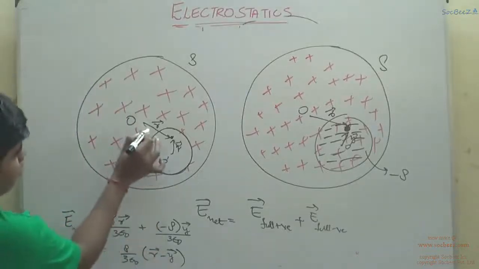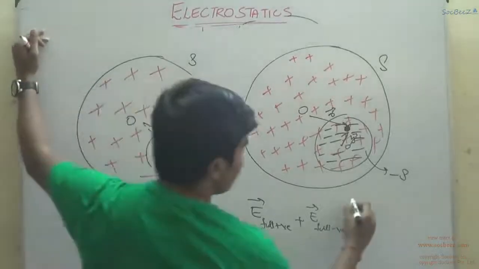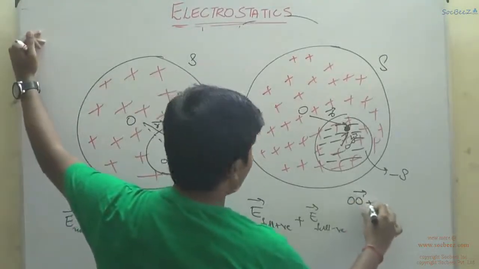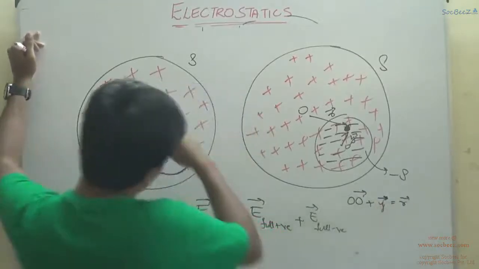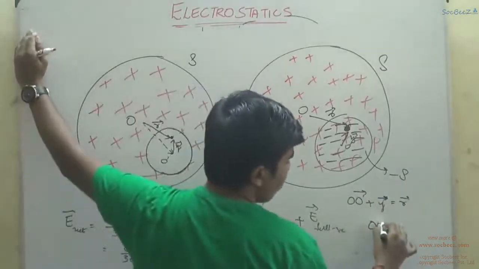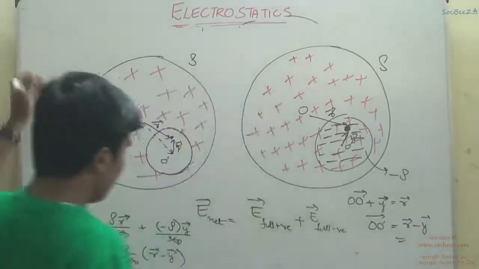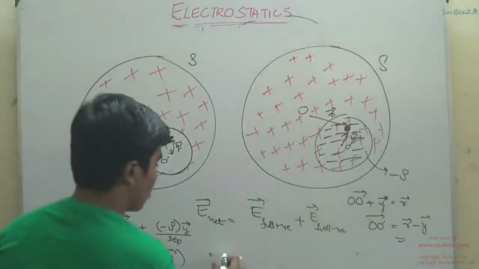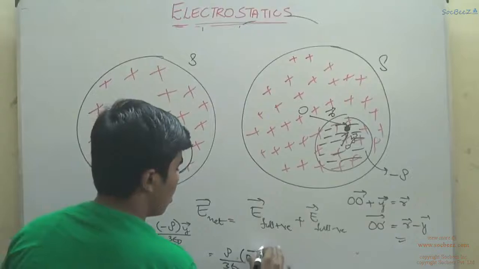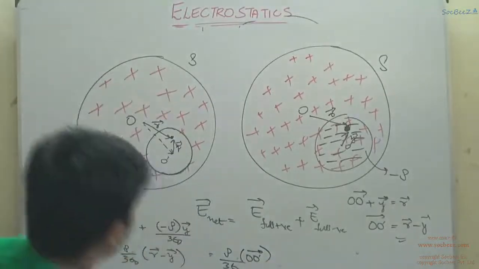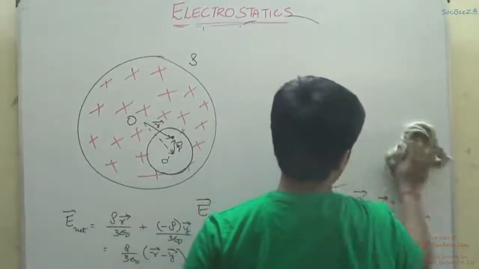Now just observe this triangle. Due to the parallelogram law, we know that O dash vector plus y vector is equal to r vector, right? So from here we say that O dash vector is equal to r vector minus y vector. So this will turn out to be... okay. So just assuming that it's clear,